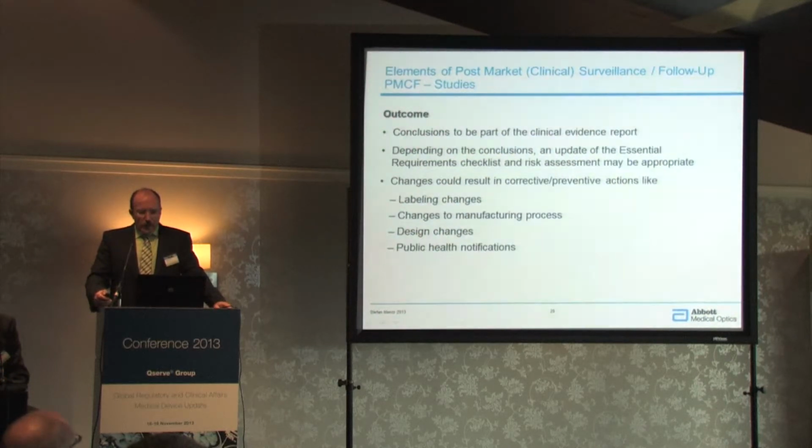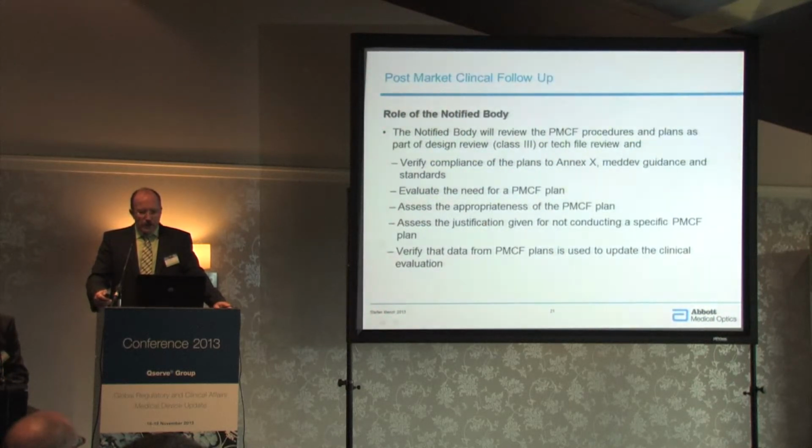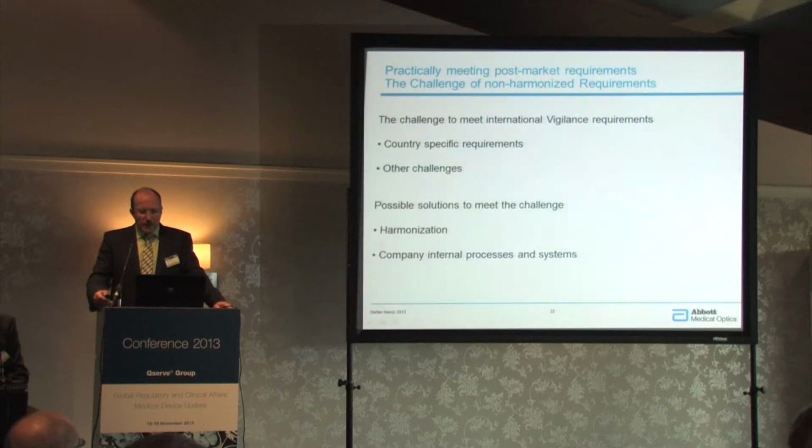I think I will quickly run over that because we're slowly running out of time here. Role of the notified body, I think we can skip because it has already been mentioned. There are some challenges